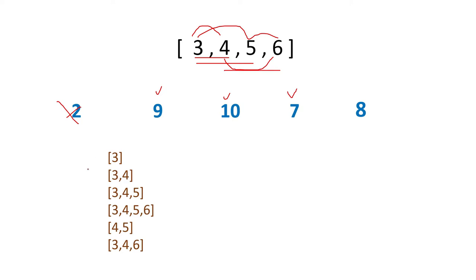Let's say these are all the subsets possible from this array. Maybe a few more are also present, but for simplicity I am writing down a few. Okay. Then suppose we have to find if this number 9 is present or not. If we add them, we can do a simple addition: 3 is not possible, 3 plus 4 is 7, not possible, 3 plus 4 plus 5 is 12, here also it is not possible, but 4 plus 5 if we add is 9, then we will get our answer.